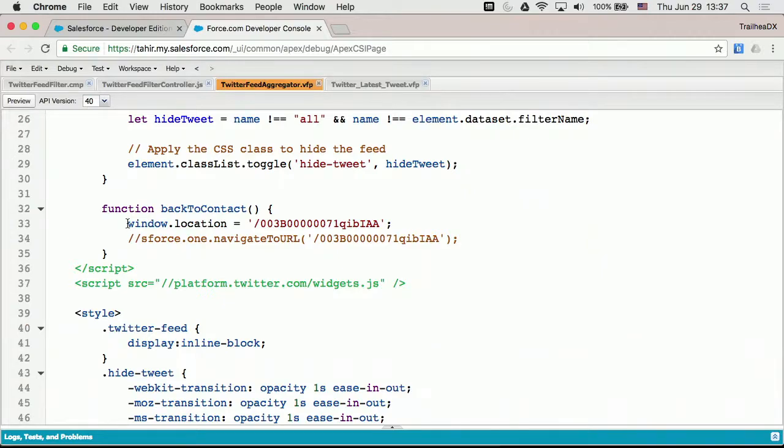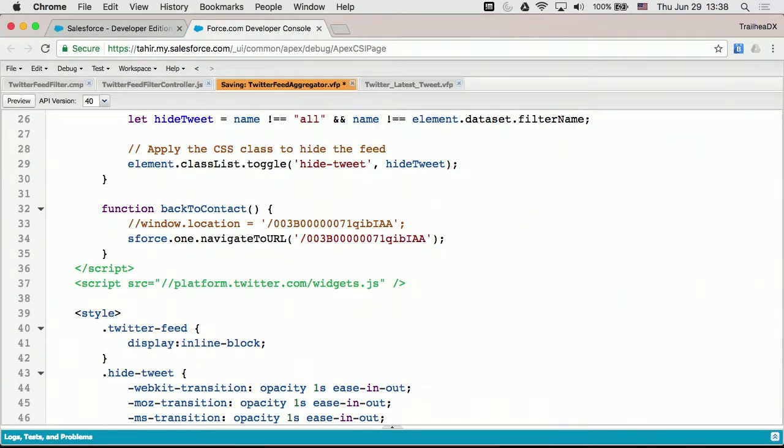And so if you want to do navigation inside of an iframe, it's only going to navigate that part of the page that you're controlling, that iframe. But if you want to navigate the entire browser window, you need to post a message up to the parent page and then handle navigation there. And so the way to do that in Visualforce is to use our Visualforce API. We're calling it